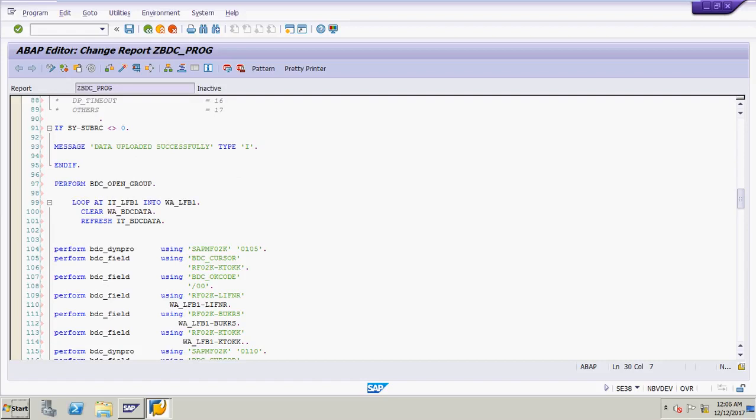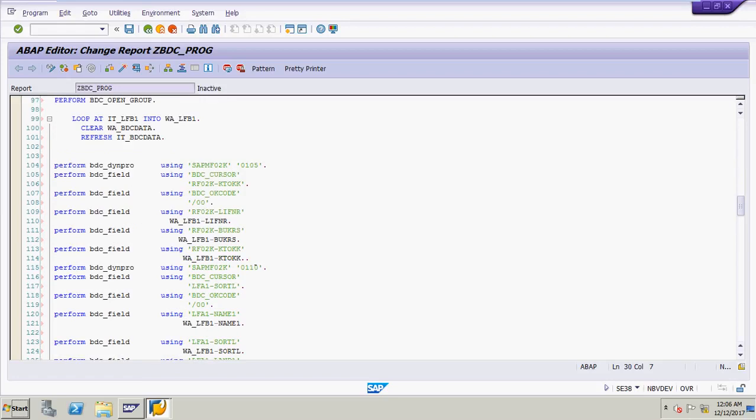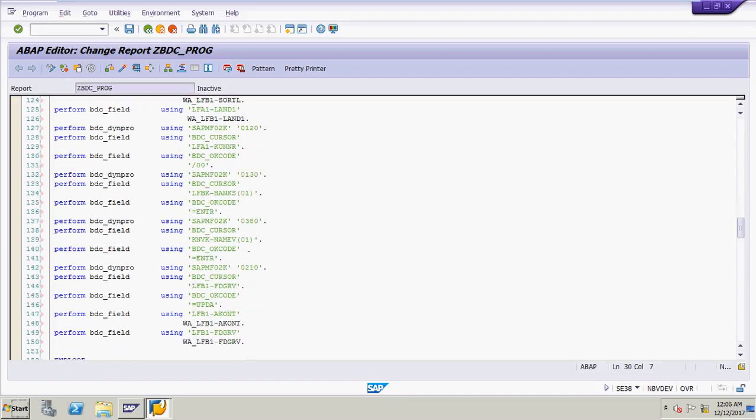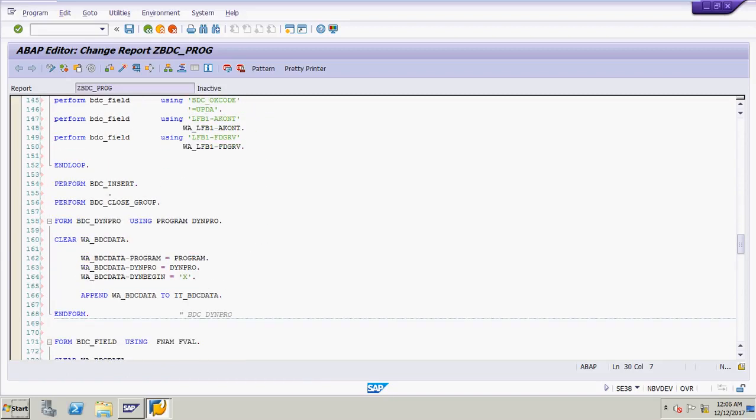Now I have mentioned loop internal table into work area, clear and refresh all the things, and perform BDC dynpro. I have mentioned the work area as per my recorded program.